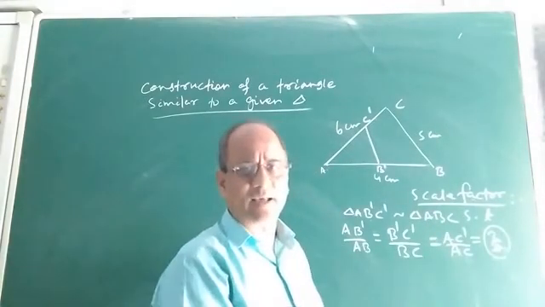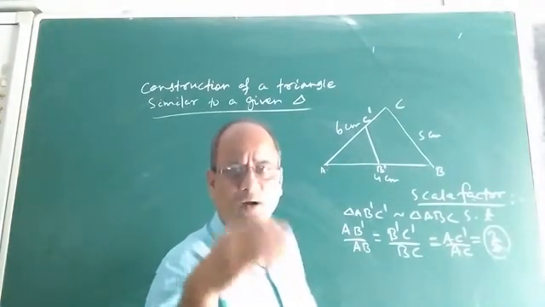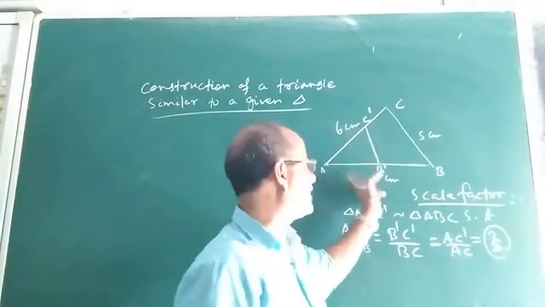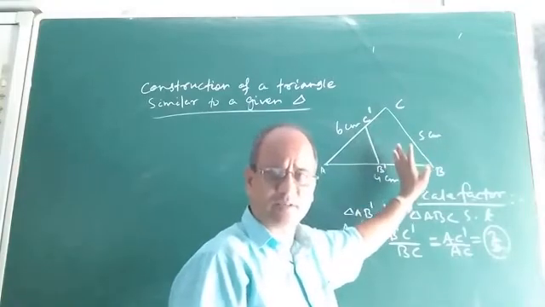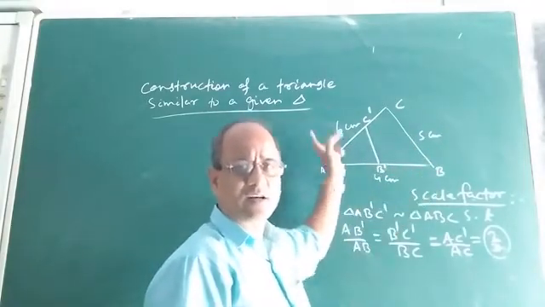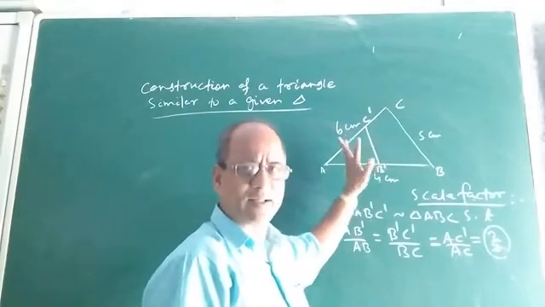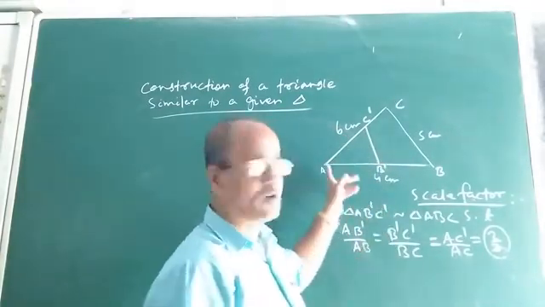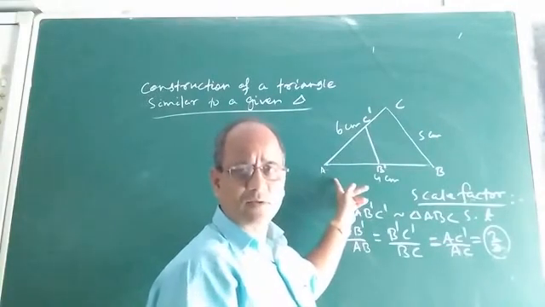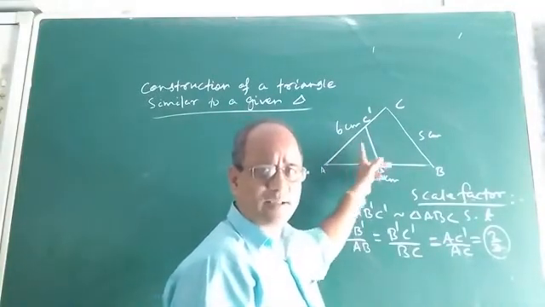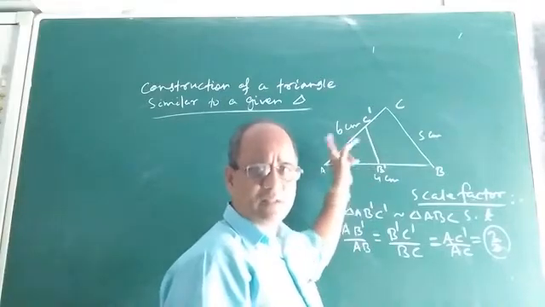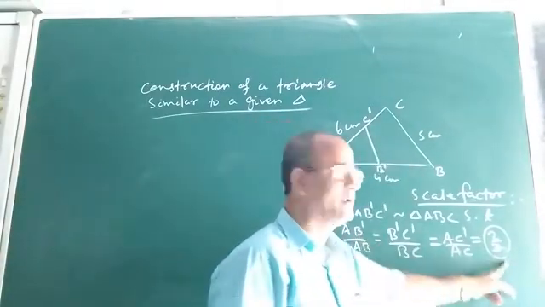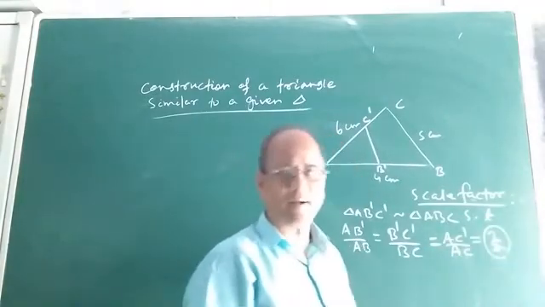So you will be given the scale factor in the question. What will be the nature of the question? You are given the three measurements of triangle ABC. First you construct triangle ABC. Then the question is, construct another triangle, whatever the name may be. I have taken A B dash C dash, you can give any name. No problem. So construct another triangle that will be similar to the given triangle such that the ratio of their corresponding sides is, say, 2 by 3, or the scale factor is 2 by 3.